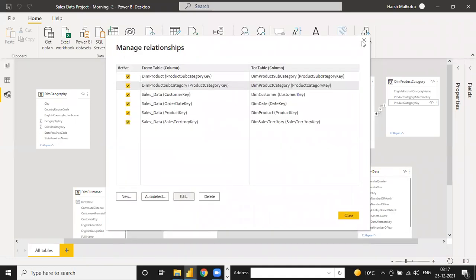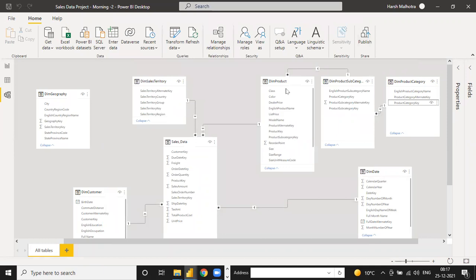See why. Let me tell you. This dim table is a dim table only for this fact table. But this dim table is a fact table for this one, and this is a fact table for this one.